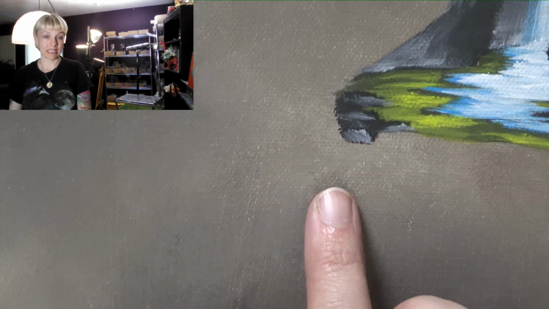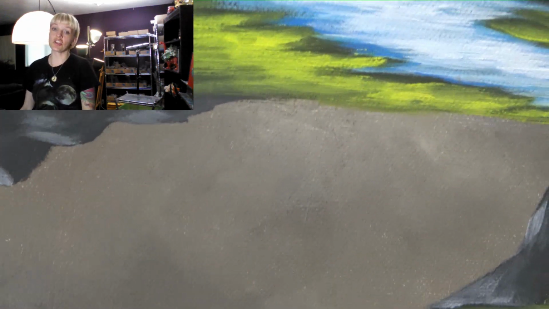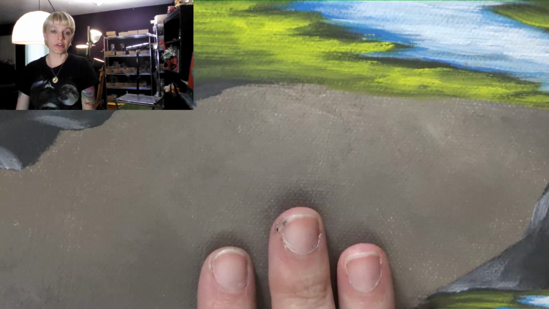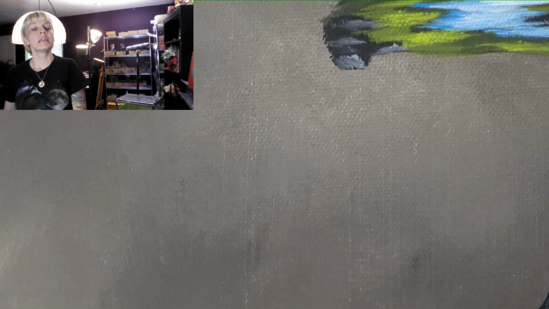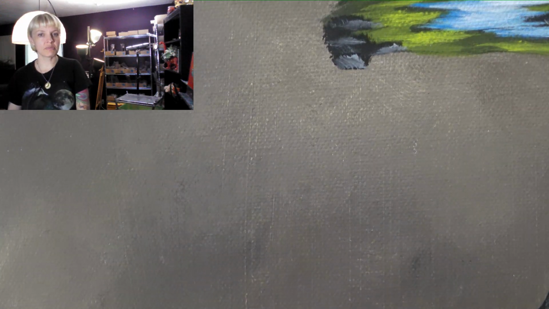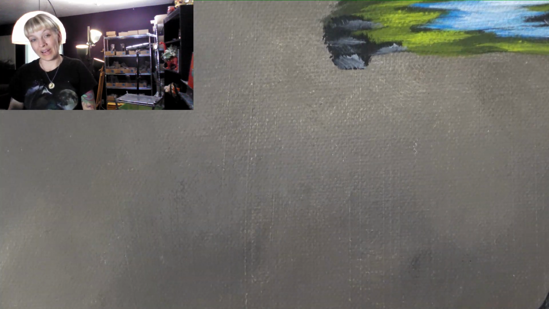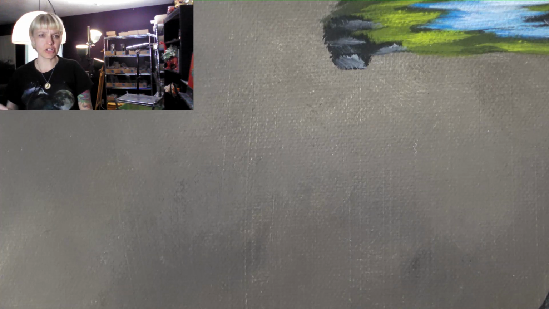Part of the reason that this is happening, and it's going to happen particularly the darker you go, is because the dark colors, especially burnt umber and even Mars Black, are quite transparent. Mars Black is opaque, it's going to cover anything, but when it gets thin, Mars Black is very, very transparent.